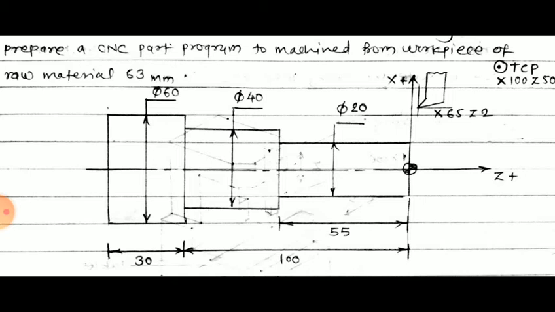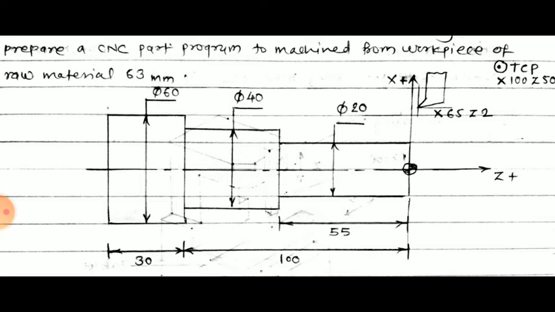Okay, so you can see the Z coordinates. So you have to first select the reference point at the center of the tool. You can see the 00, that is the reference point that is set on a workpiece. Then from reference point, you have to draw the Z coordinates and the X coordinate. So above the reference point, it is X, it is plus. Below the reference point, it is X, it is minus. On the right hand side of the reference point, Z is plus, and on a left hand side of the reference point, Z is minus.